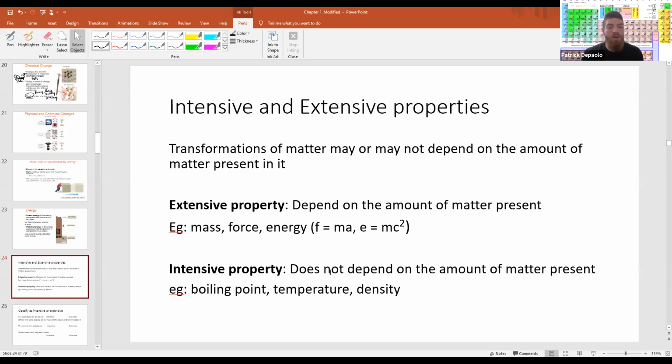So an extensive property depends on the amount of matter. Meaning if you have energy, that depends on what you're dealing with. It depends on what's the energy of, like E equals MC squared. What's the mass, or what are you dealing with? Are you dealing with a pencil or a truck, right? So it matters, because basically it depends on the amount of matter, right? Amount of matter,